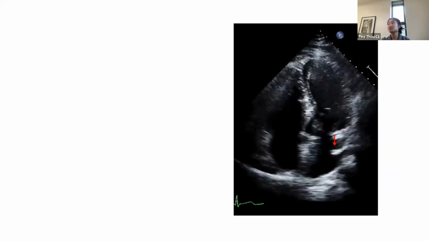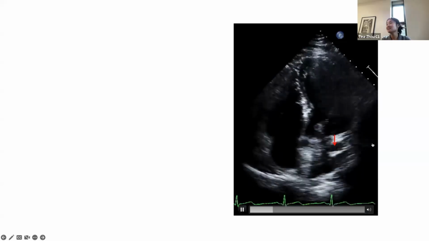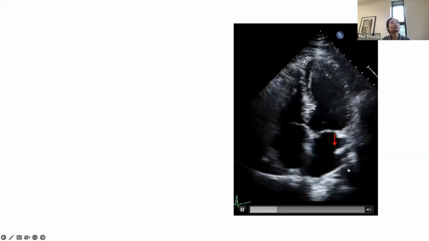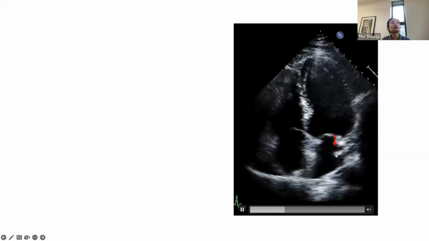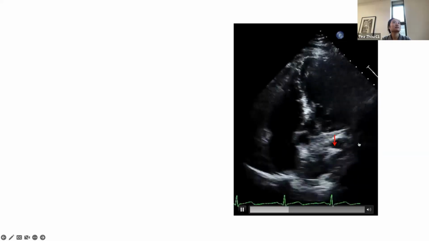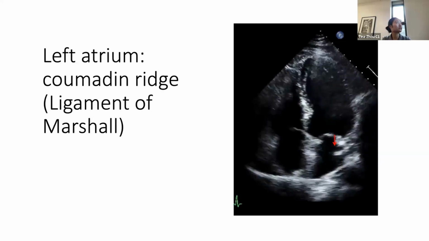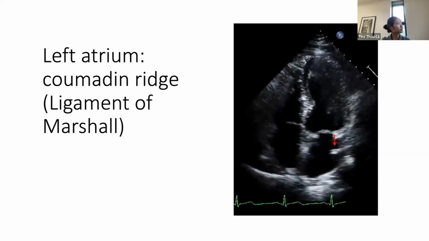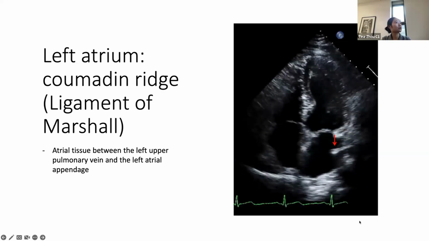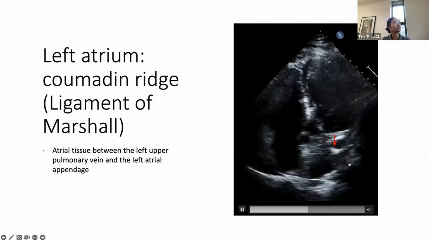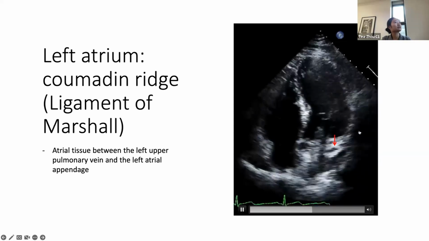Yeah, that is the Coumadin ridge. And so this is the apical port chamber in the left atrium. You have this Q-tip-like structure. So this is the Coumadin ridge, also ligament of Marshall, which I alluded to earlier. It's atrial tissue between the left upper pulmonary vein, which drains in somewhere around here, and the left atrial appendage,